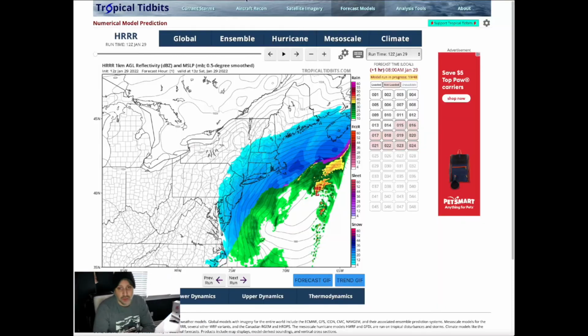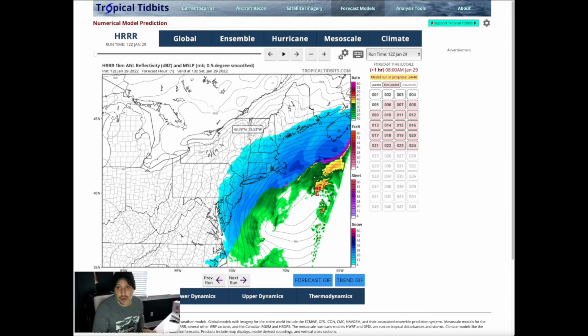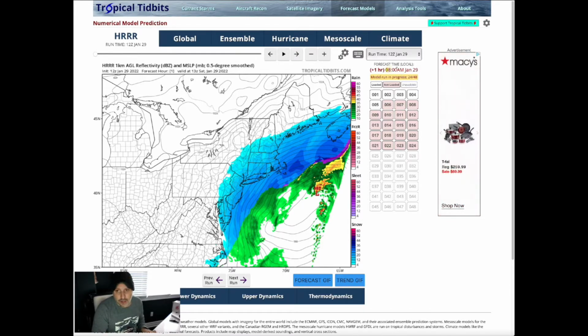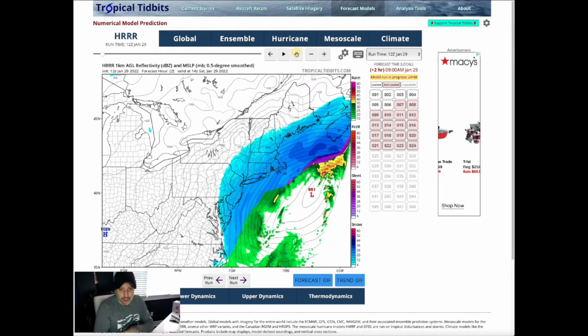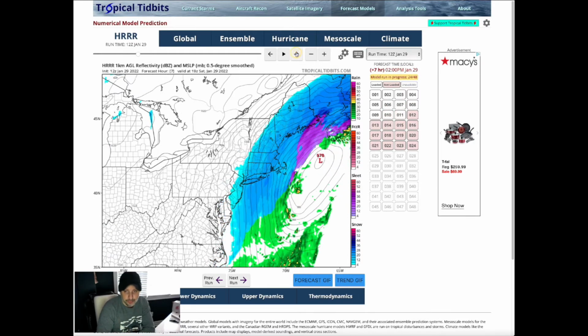And I just wanted to show the HRRR model. The short-term model is the simulated radar, and I just want to point out, so this is 8 a.m. right about now, right? Looks pretty solid compared to, if you're matching it up with the radar there, it does look solid. And if we just go through hour by hour, you'll see that